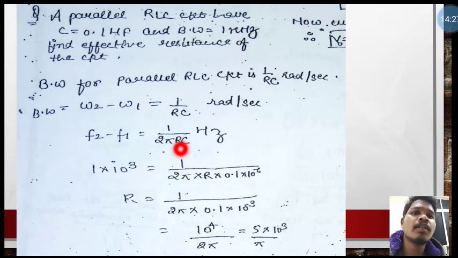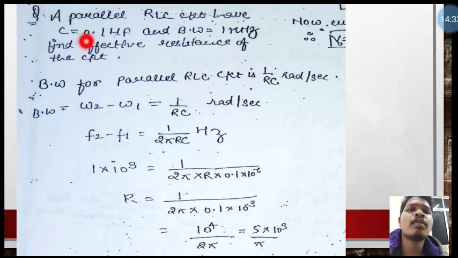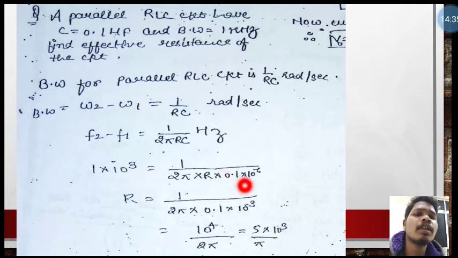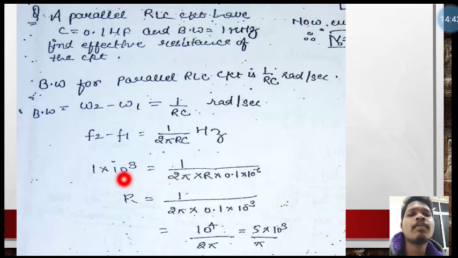R value is not given, so we need to find the effective resistance R, and the C value is given, that is 0.1 microfarad. So put 0.1 into 10 to the power minus 6 here. Now R is equal to 2 pi multiplied with this, and 0.1 into 10 to the power minus 6 will be multiplied with this, and after taking this R into the numerator side, then we will get this side